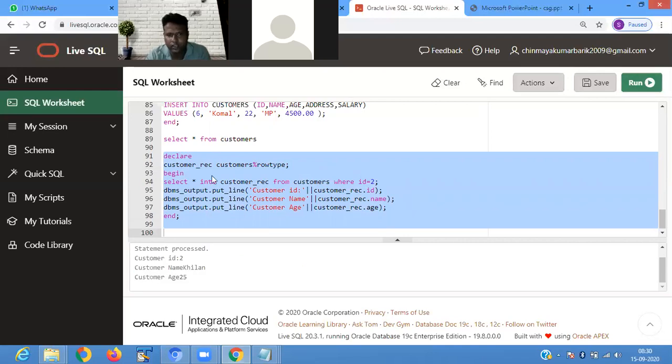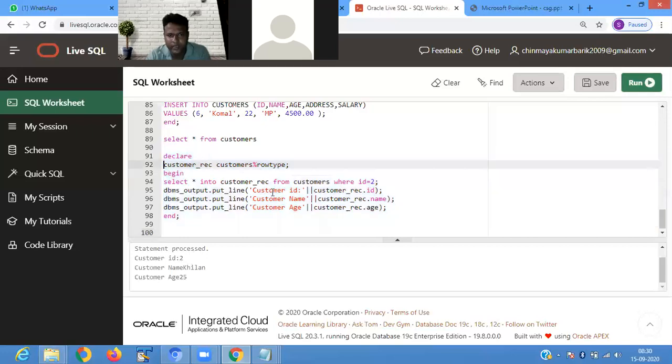Means all the total row is stored in this customer record, and from the record one by one we retrieve the values: customer record dot id, customer record dot name, customer record dot age. Okay, it's just like a temporary memory location where you store the value. Means it stores the information on a row basis.